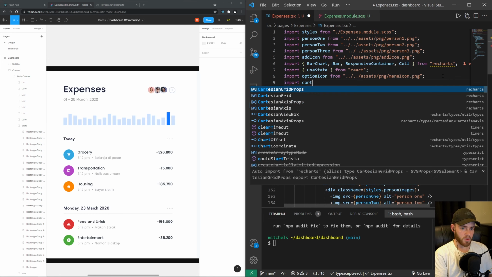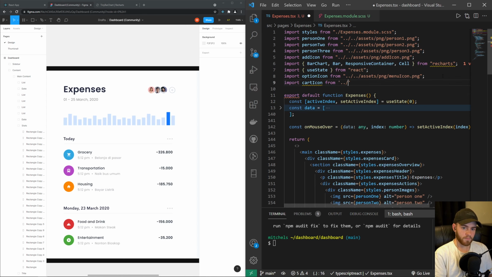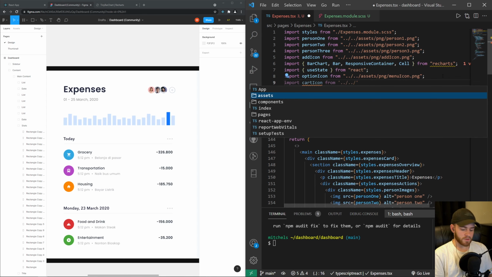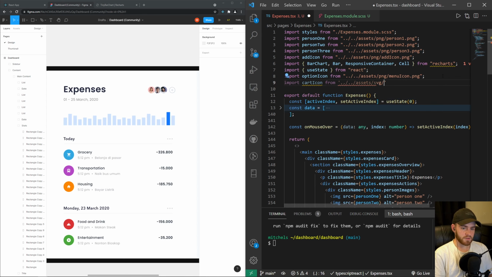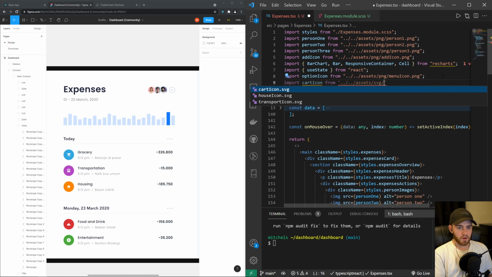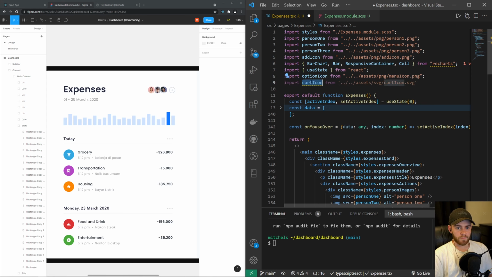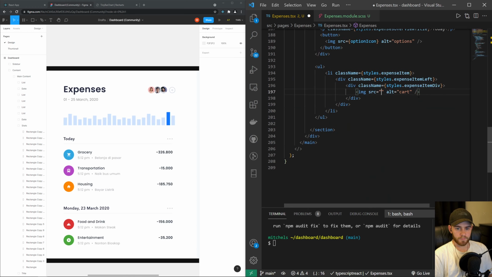Import cart icon from assets svg. Let's take a look. Yeah, there we go, cart icon. So I'm going to put that in there,